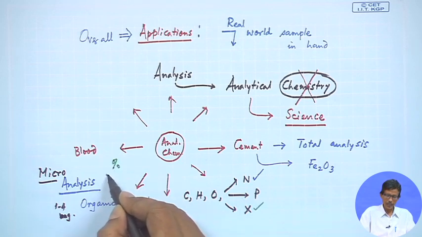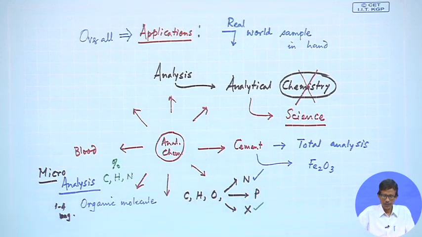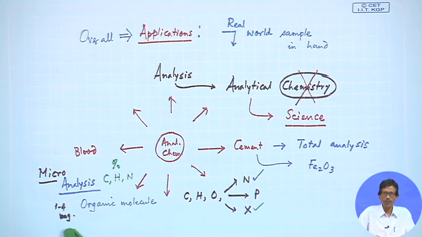the percentages, initially we call it the CHN analyzer. PerkinElmer or any other instrument making companies give us this CHN analyzer. So, if you go for this particular analysis, it can immediately tell you the percentage of carbon, hydrogen and nitrogen, again taking a sample in the range of 1 to 4 milligrams, which is not possible to detect conventionally for the percentage analysis of all three together. So, micro analysis is very important with regard to this.